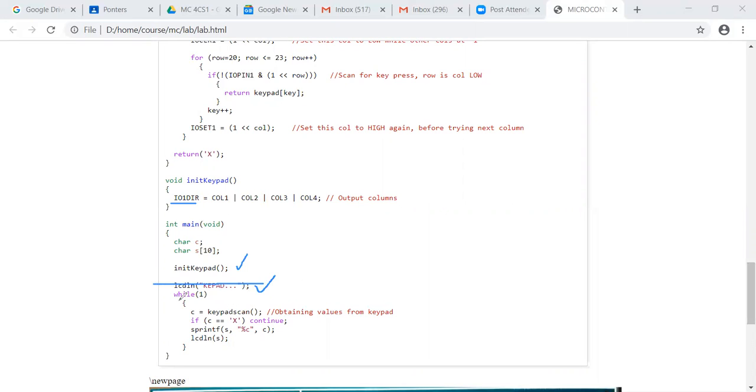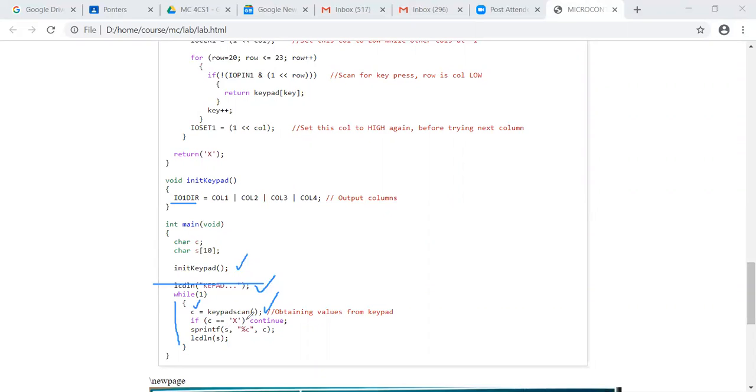And then we run the program in an infinite loop, where we scan for a key press. If there is a key press, keypad scan should return the digit corresponding to that junction.